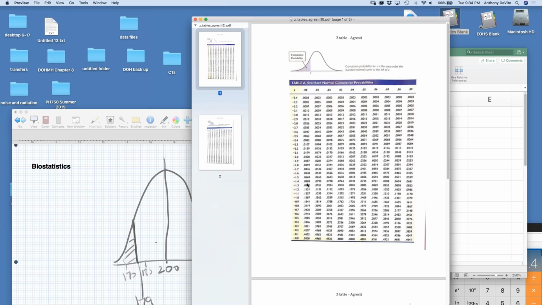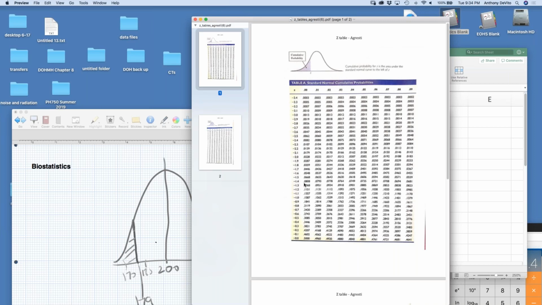Negative 1.40 is this first number to the right. Had our z-score come out to be negative 1.41, it would have been this next number, which is in the 0.01 column. This represents the third digit: 1.40, 1.41, 1.42, 1.43, and so on and so forth. So 1.40 is going to be